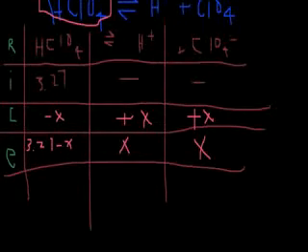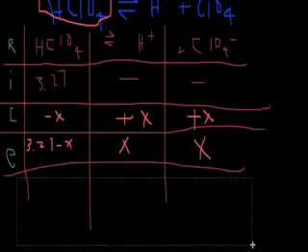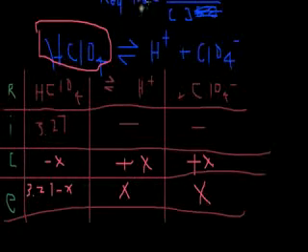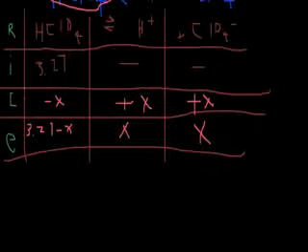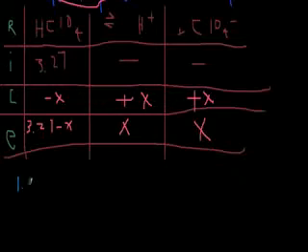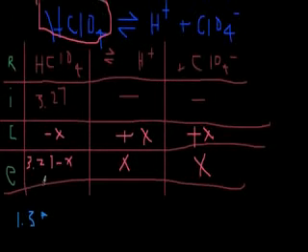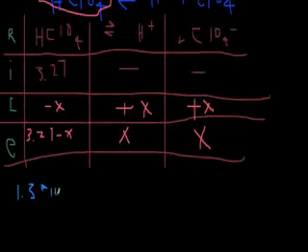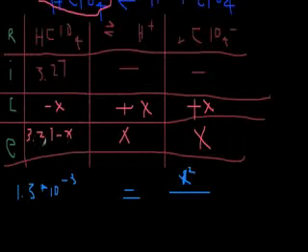So now let's find the concentrations. We have what Ka equals, so let's write our formula. It was 1.3 times 10 raised to the minus 3 equals the products, so x times x, or x squared, over the reactants,